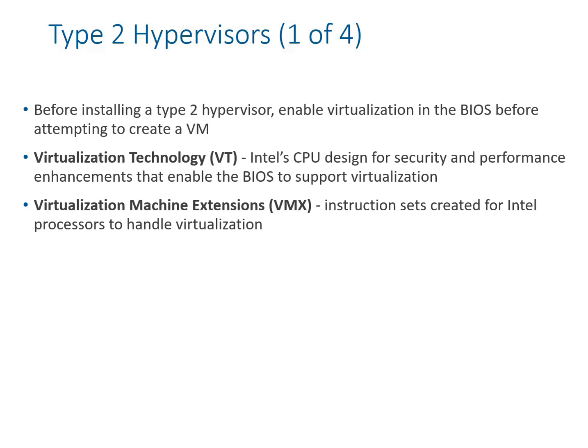Now, in order to set up a type 2 hypervisor on your machine, you'll have to enable the virtualization in the BIOS before you can attempt to install any hypervisor on the computer. That's a basic setting which is required in most of the latest laptops and workstations. It's enabled by default, but if it's not enabled, you can go to virtualization technology and you can enable those settings